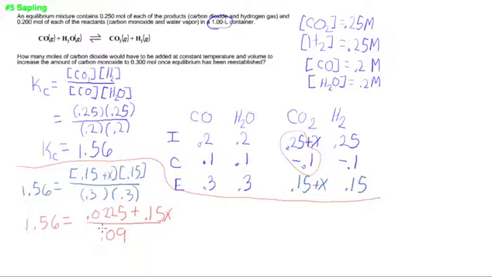Going to multiply 0.09 by both sides of the equation and then subtract the 0.0225, and I get